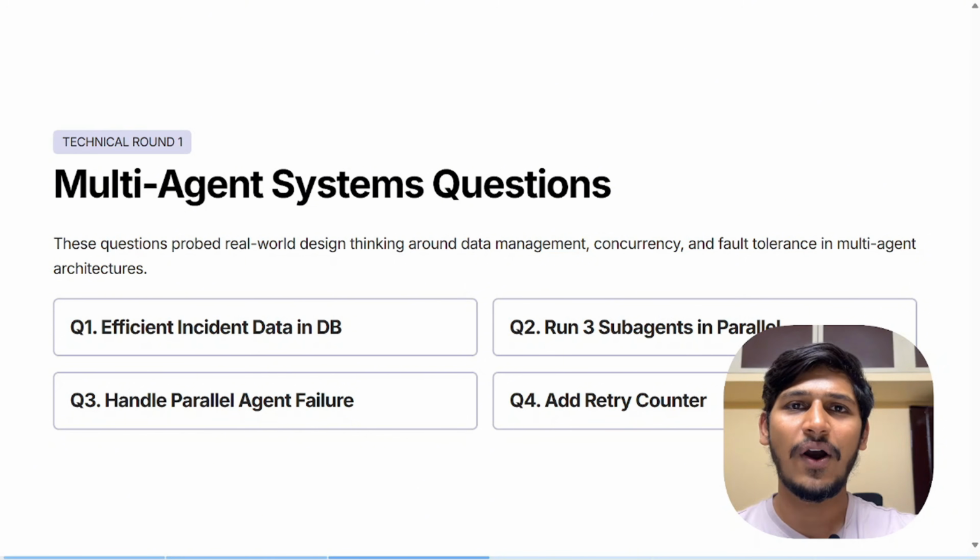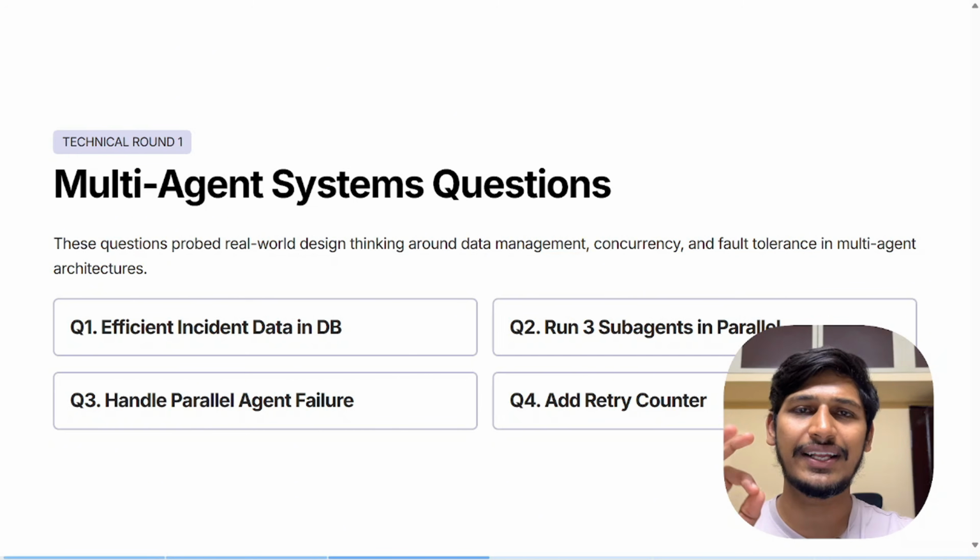And the second question goes like, how would you manage 3 agents in parallel? Here we can explain, we can use asyncio.gather to execute the agents simultaneously. This can reduce the overall execution time. And we can also add on the common approaches for multi-agent systems. And the next question goes like, how will you manage failures in parallel agents? We can directly wrap each agent in a try-catch block so that one agent failure will not affect the other agents. And we can return the success and failure responses individually.